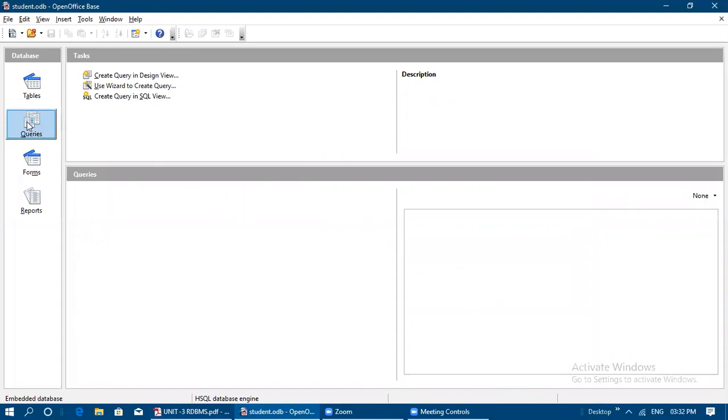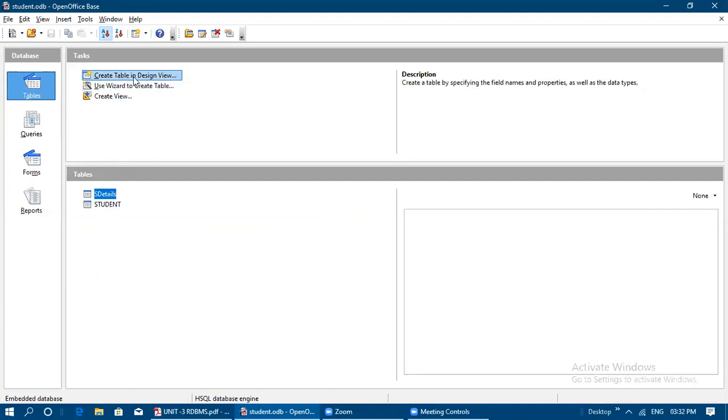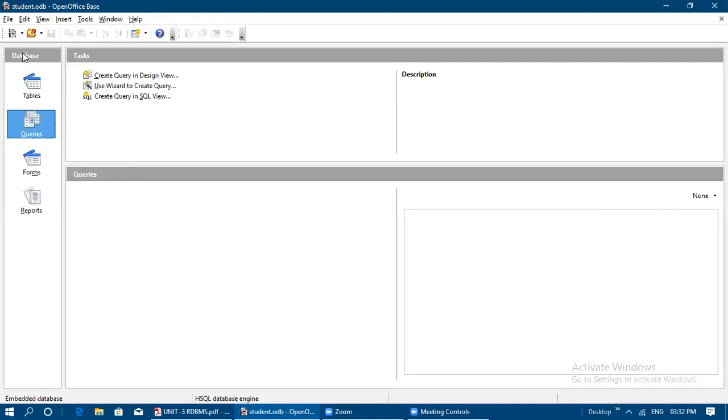database section under queries. Okay, this I need to click. After clicking this, I'll get like this. See, tables, if you are clicking, how many tables have I created? S details and student. Like the 2 tables were already created by using create table in design view. Now I'm going to click on queries under the database section. If you want to create forms and reports, we will see in the next session, that is the 5th session. At that time we will go for these forms and reports.